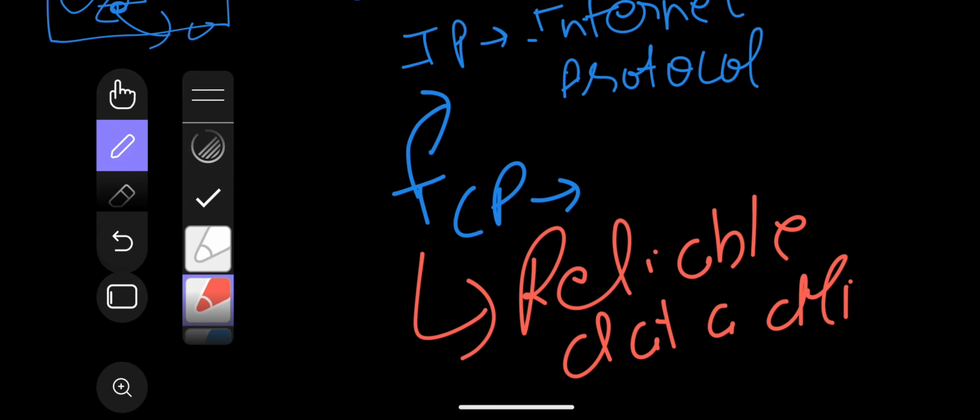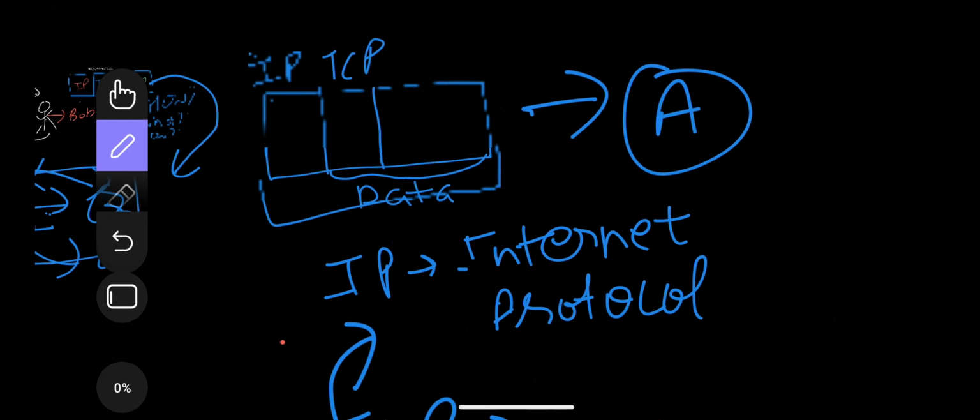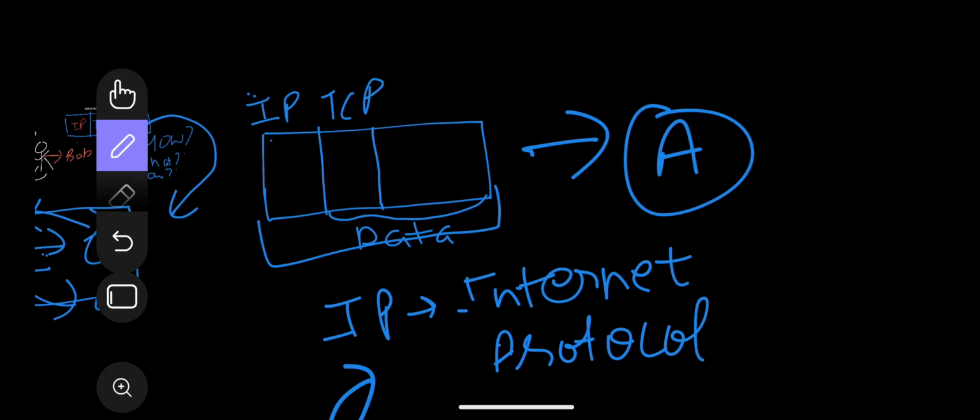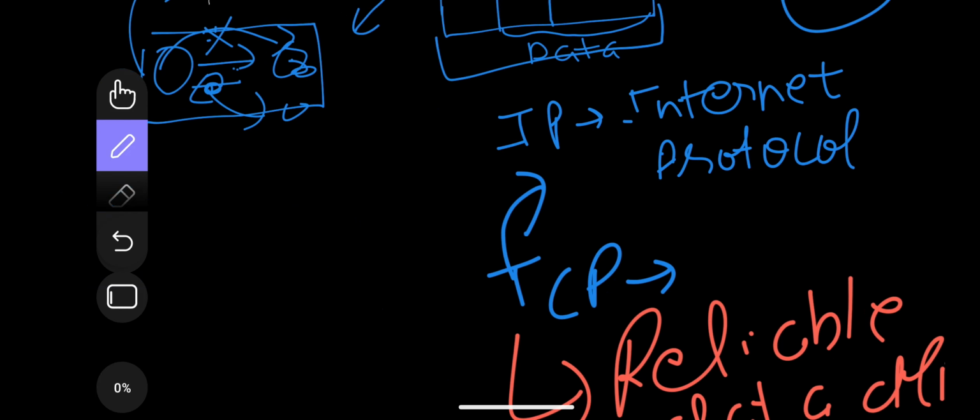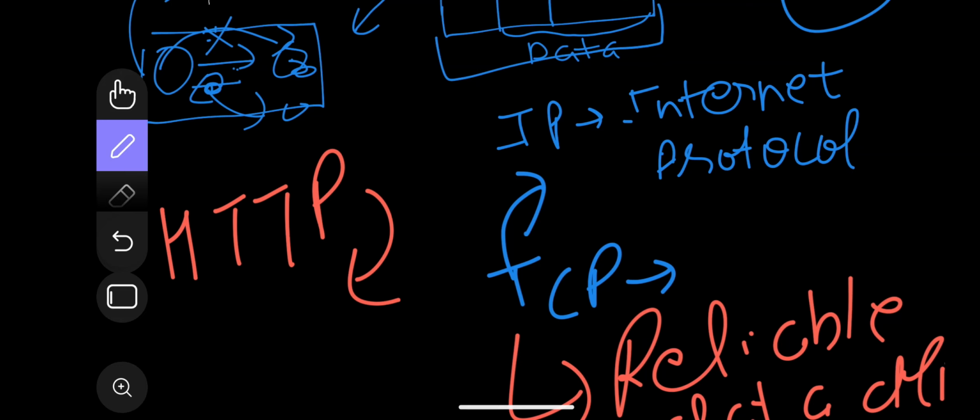Now, as I told you, TCP assures that reliable data delivery is done between machines over the public internet by creating a common connection. So that was it for the TCP and IP part. Now let's talk about what exactly HTTP is. HTTP stands for HyperText Transfer Protocol. It is a very common network protocol that is implemented on top of TCP. So you see, TCP was implemented on top of IP, and HTTP is implemented on top of TCP.